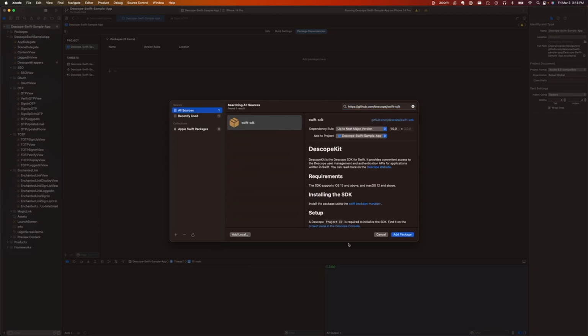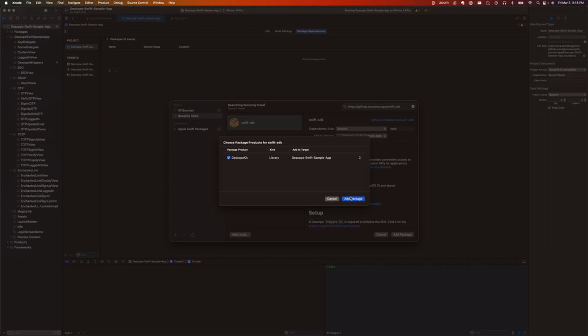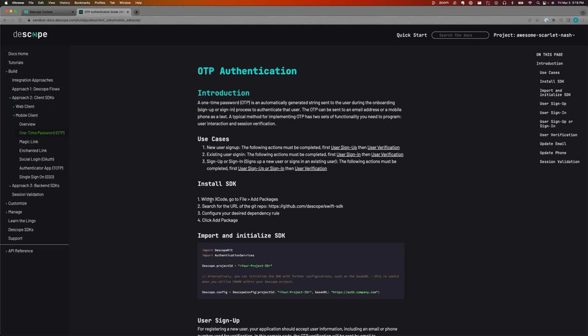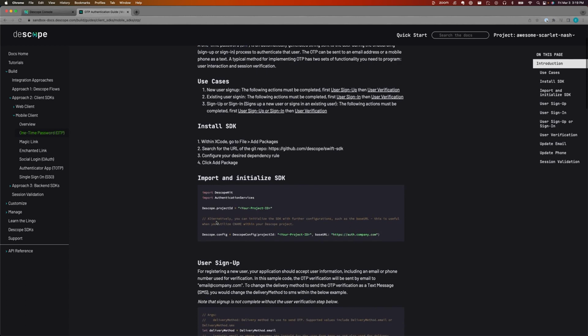This will load further information on the SDK and allow you to change the dependency rule. Once you have made your changes for the dependency rule, you can click Add Package to add the package to your project. Once this pop-up shows up, click Add Package again. Now that we've followed the instructions for installing the Descope SDK, we will then look at how we will import